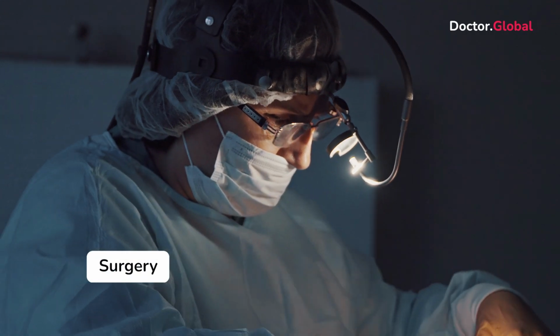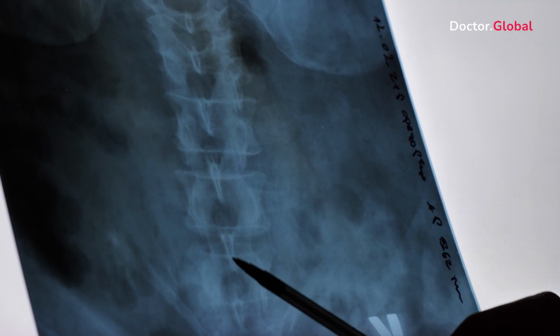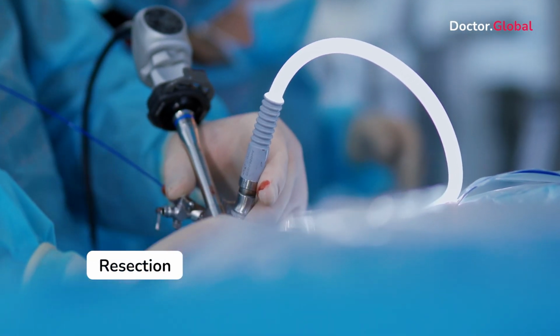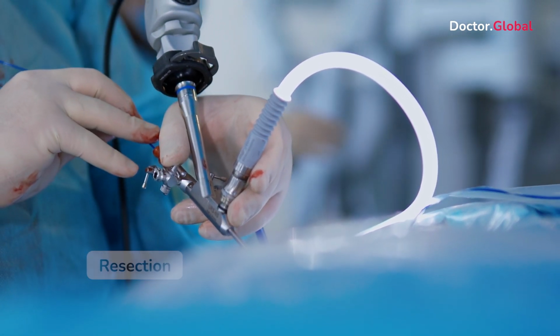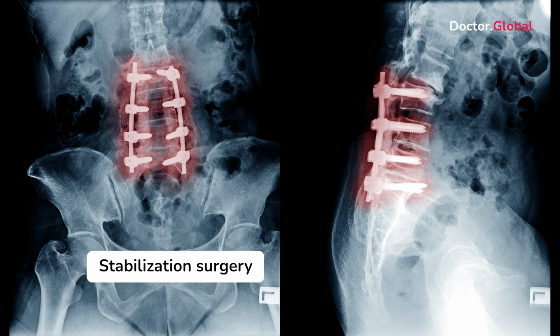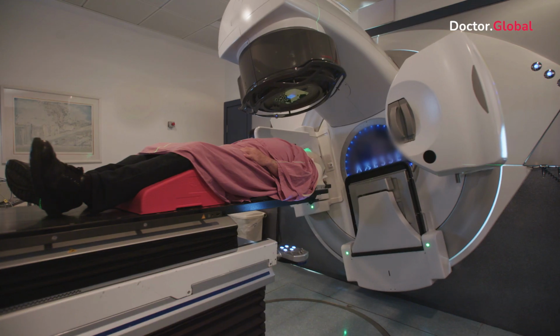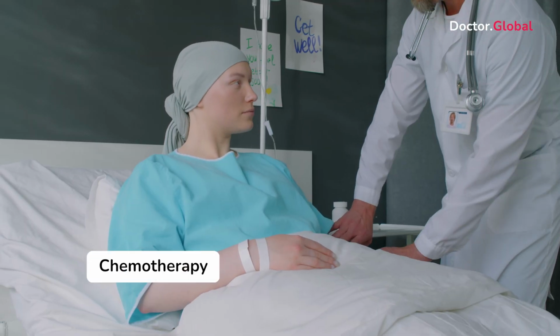Treatment. Surgery plays a crucial role in treating spinal tumors. The choice of surgical methods depends on the tumor's location, size, type, and the patient's overall health. Resection aims to completely remove the tumor, especially in benign cases or when the tumor is clearly defined and accessible. Decompression surgery relieves pressure on the spinal cord and nerves by removing parts of the vertebra, laminectomy, or other compressing elements. Stabilization surgery, often combined with decompression surgery, reinforces the spine using rods, screws, and bone grafts. If the tumor can't be removed completely, surgery may be followed by radiation therapy, chemotherapy, or both.